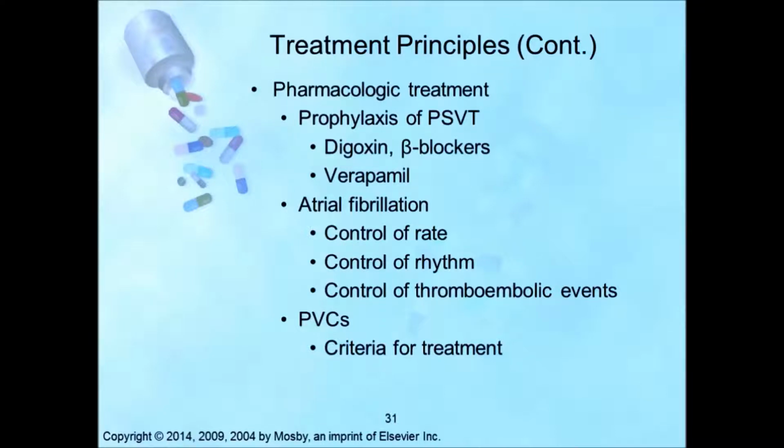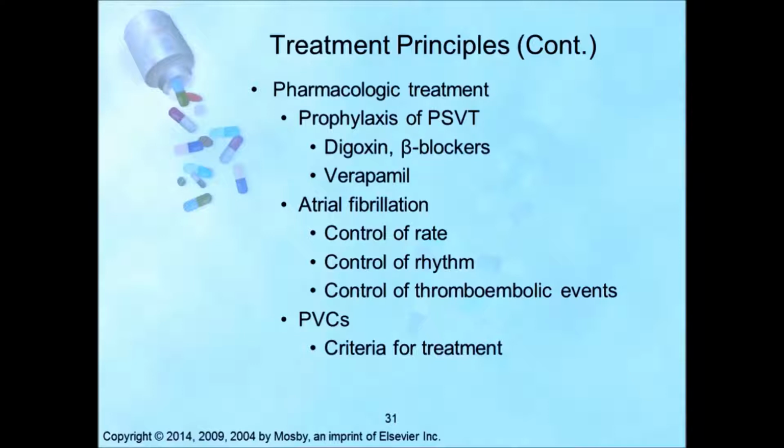In the absence of pre-excitation, intravenous administration of beta blockers such as esmolol, metoprolol, propranolol, or the calcium channel antagonists such as verapamil or diltiazem is recommended to slow ventricular response to atrial fibrillation, however, in the acute setting only. And caution needs to be exercised in patients with hypotension or heart failure. Intravenous administration of digoxin or amiodarone is recommended for control of heart rate in patients with AFib and heart failure who do not have an accessory pathway.